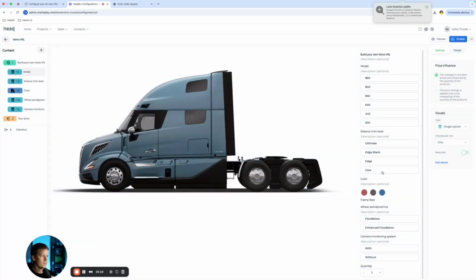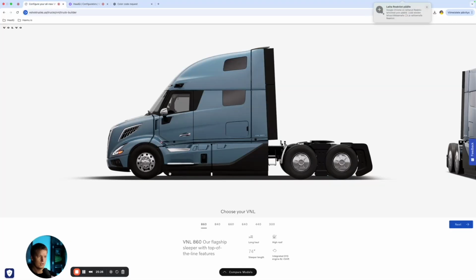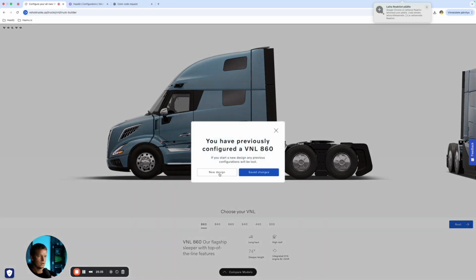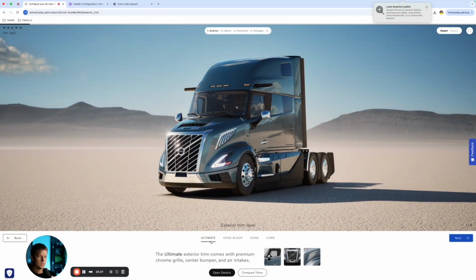Then we have the exterior trim level, and then we have the colors. So for this, how I am going to do it is the following. So let's first pick up the pictures from the Volvo website. So we have the 860 here. Let's start all the way from the beginning. 860